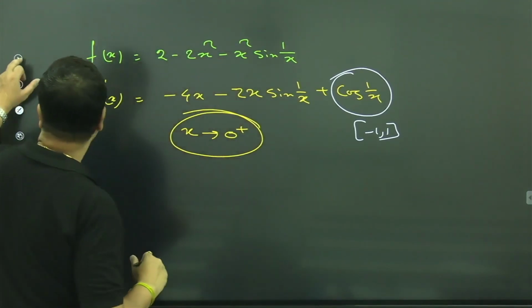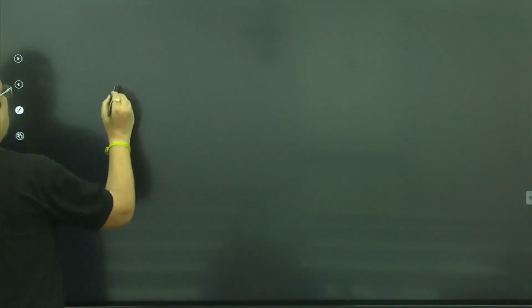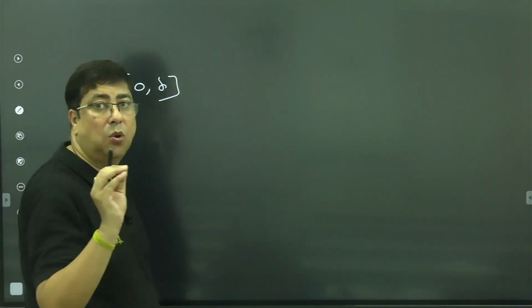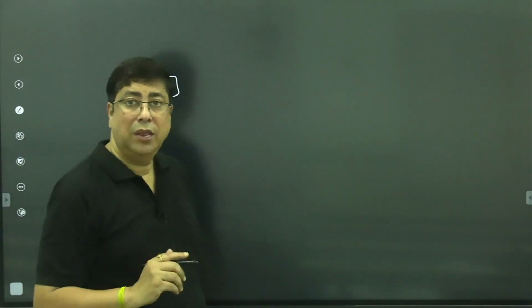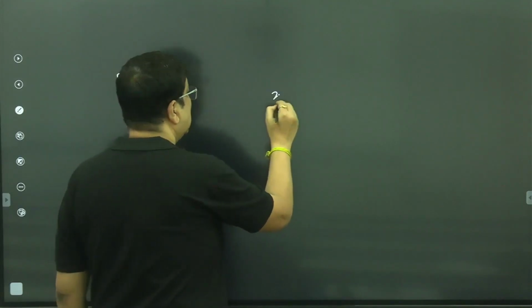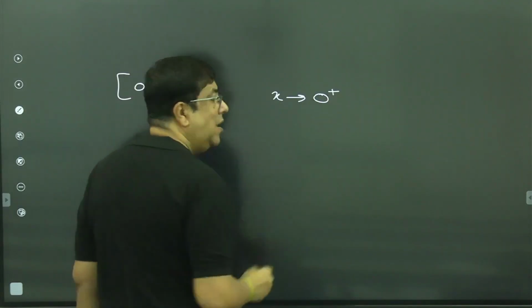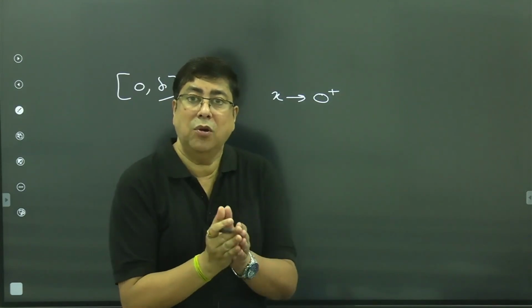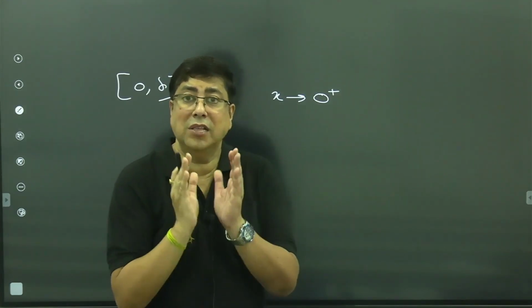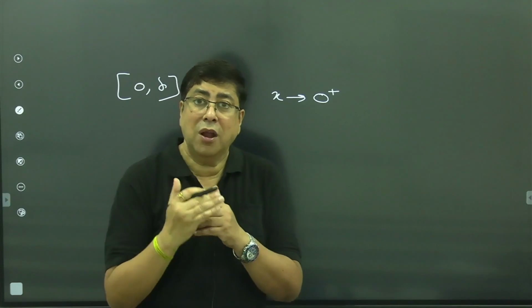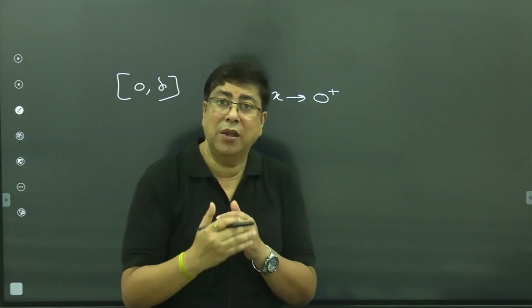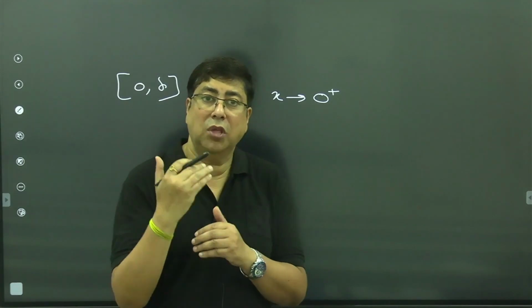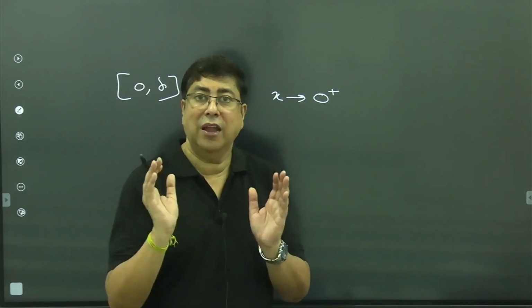Let's explain. So remember one thing, interval means totally 0 to delta, which means delta is totally defined. Remember one thing everyone, x tends to 0 plus. What is the point 0 plus? What is the point 0 minus? What is the neighborhood of the point? Everyone, this is a symbol, it does not exist. According to Newton, this is the pre-assigned positive quantity. 0 plus means a pre-assigned positive quantity,